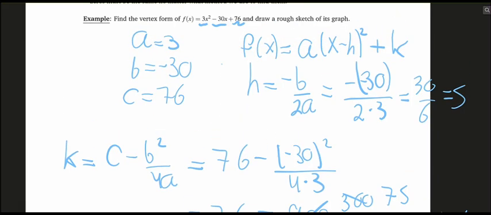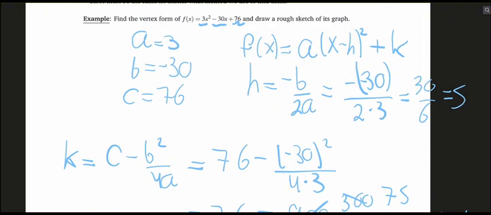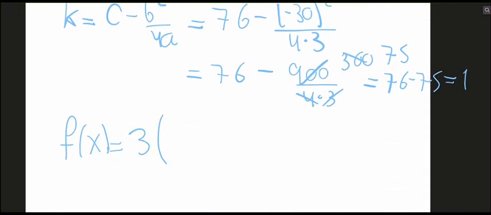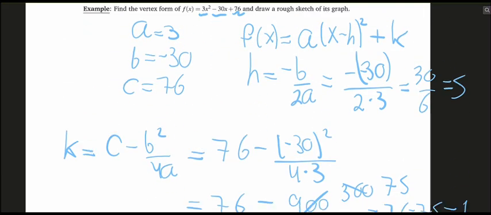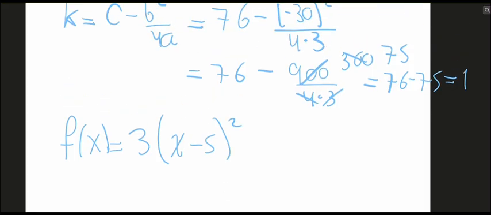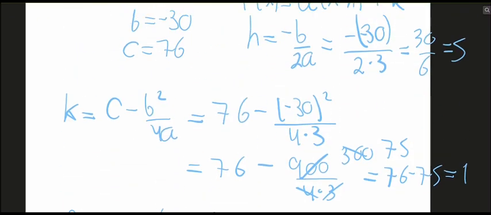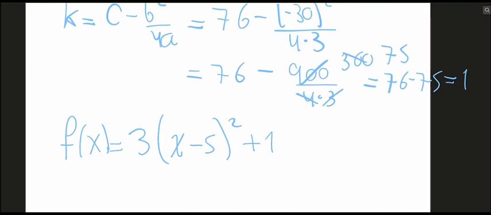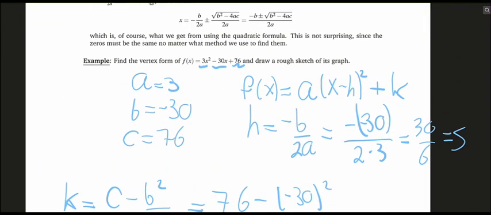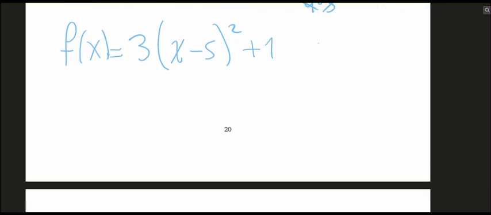So your f of x is actually going to equal 3 times x minus h, meaning x minus 5, squared, plus k, which is plus 1. And you can actually distribute the parentheses. If you don't believe me, you can distribute the parentheses to see that it is in fact the same parabola. This is the vertex form